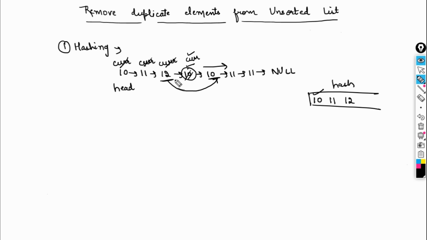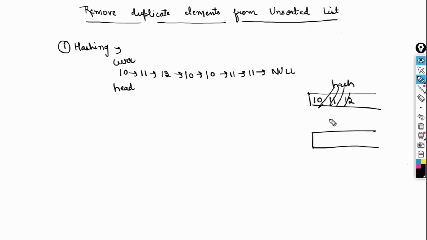So the basic solution is to use a second pointer that is at the previous node of current. Okay, so now let's see it like this. This is my list, right? And current is on 10, and these elements are in the hash. Let's create another hash. It's empty again, because we are iterating from the start of the list.